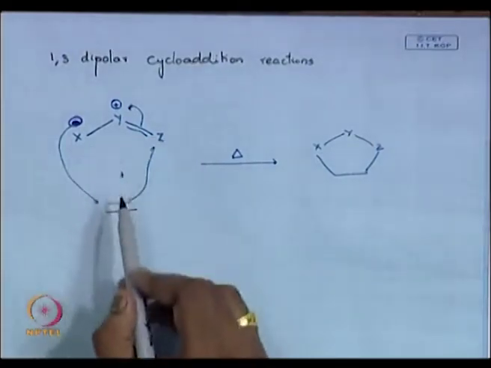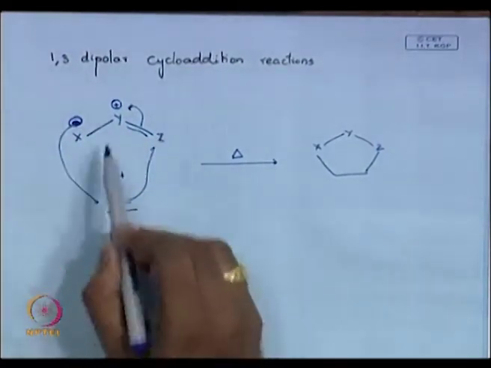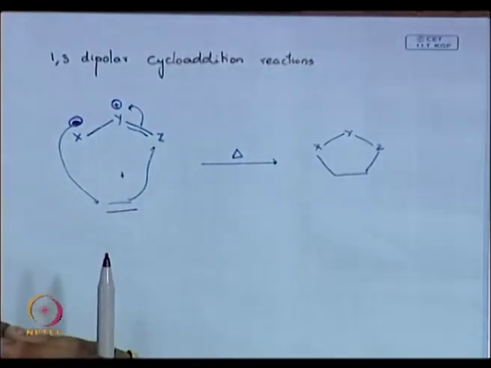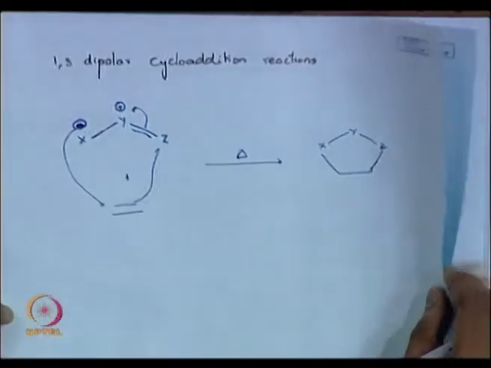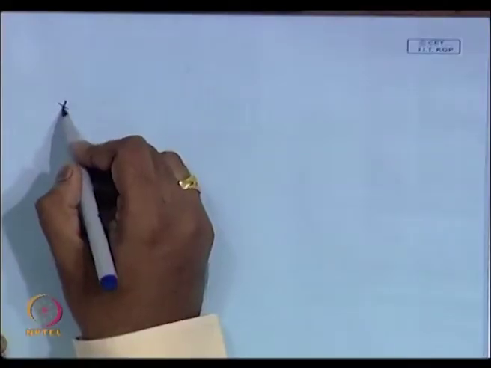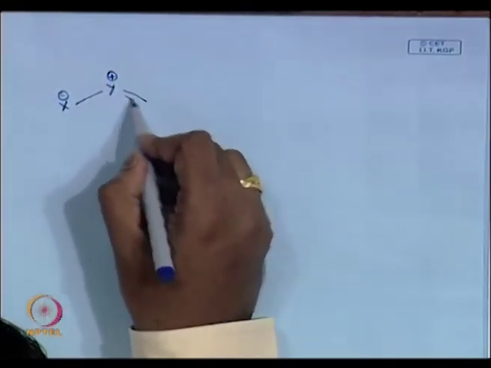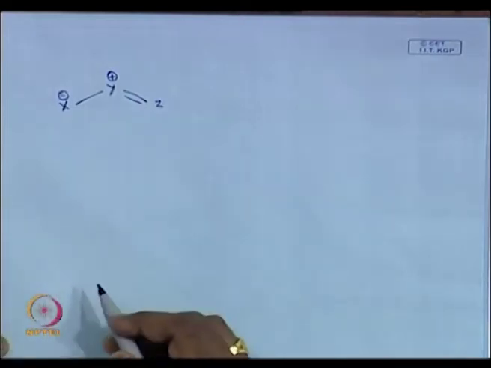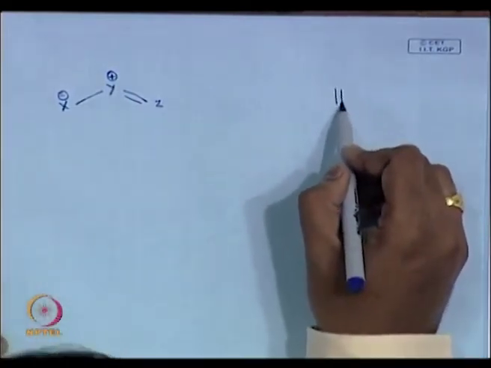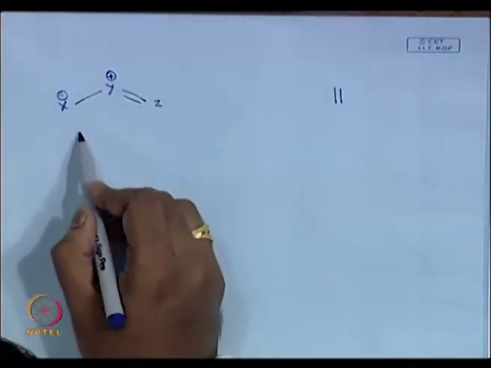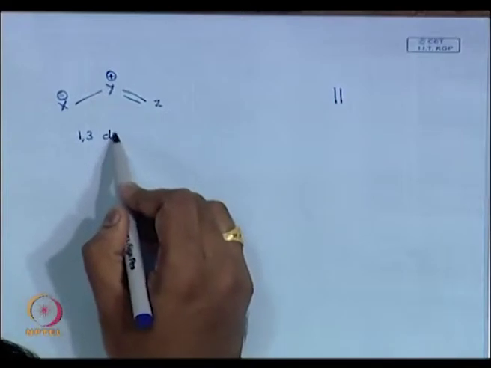Now, we will try to understand all these substrates individually, okay, and the conditions, and then of course, we have to find out whether it is suprafacial or antarafacial, right. So, first we will take the substrates and try to understand what we call them. We have this X minus, Y plus, C. You have this substrate, and another you have this, okay. Basically, you call this a 1,3 dipole,